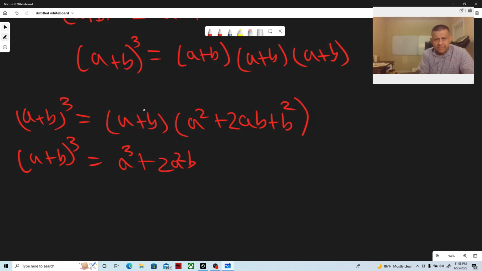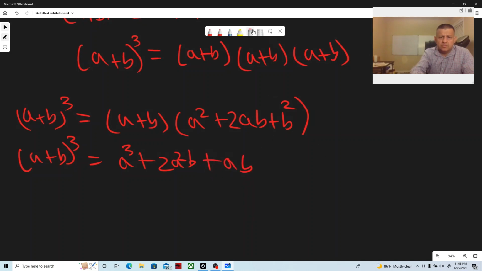Then a times b squared is equal to plus ab squared, correct? So this is equal to,